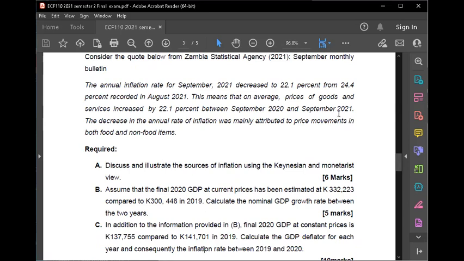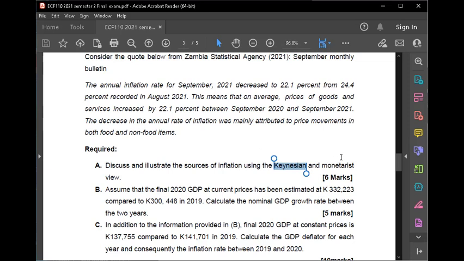So remember the inflation that we looked at, the Keynesian view, they talk about the demand pull inflation and the cost push inflation, right? So looking at those, you can say anything that will raise the AD, for example, low interest rates, will cause the AD to go up. So it means it's a cause of inflation. So anything that will cause the AD to go up will be known as the source of inflation, right? So since there are 6, you can just name 4 under the Keynesian and just 2 under the monetarist.